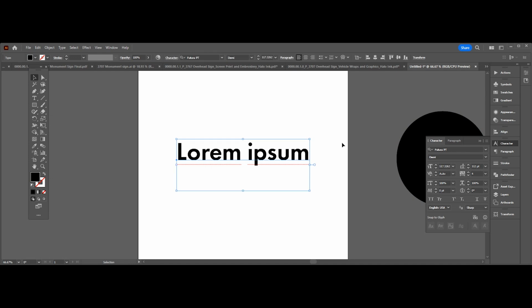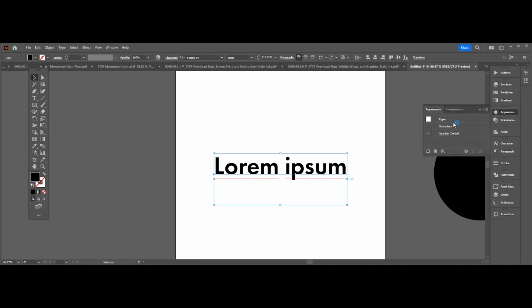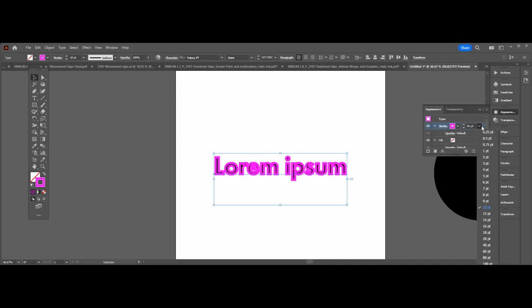So another thing that we'll go over is adding a stroke to live text. It's easy to add a stroke to outline text, but to have a stroke on the outside of live text, you would go to Appearance with the text selected, and then click on this Add New Stroke. And what we're going to do is click and drag the stroke down below the fill. Now from here you can change the color, so let's give it magenta. And dragging it down below the fill puts it on the outside. If it was above the fill, it's going to add a stroke to the inside. And so if we drop it back down,